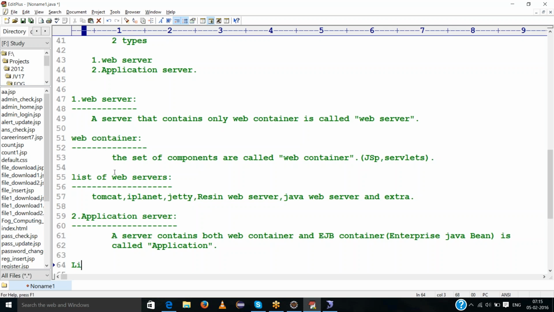And what is the list of application servers?